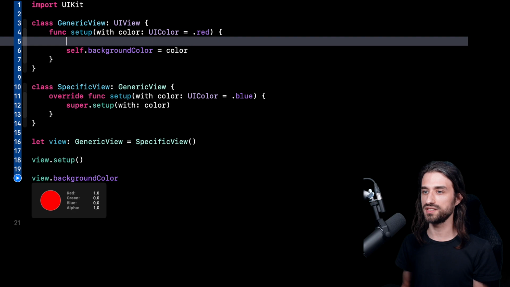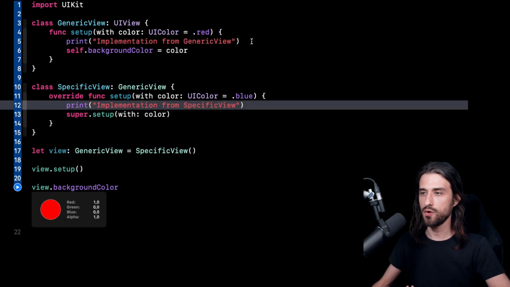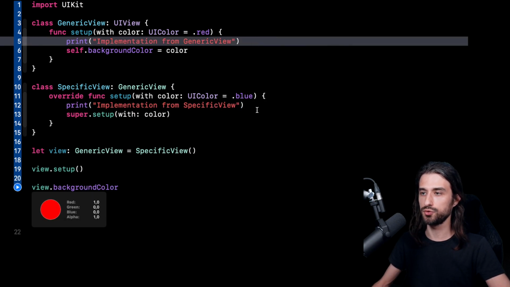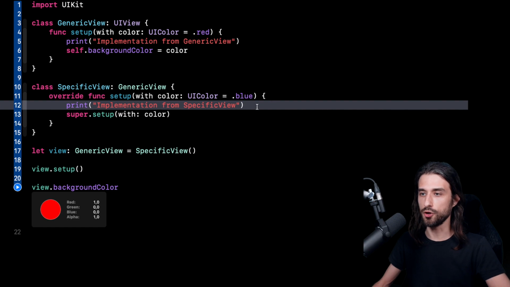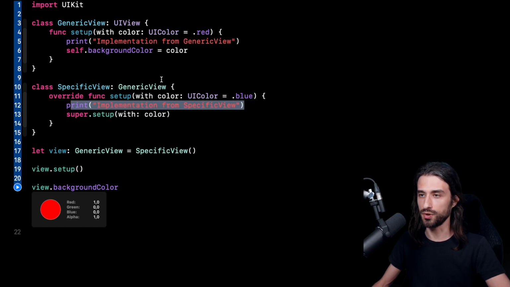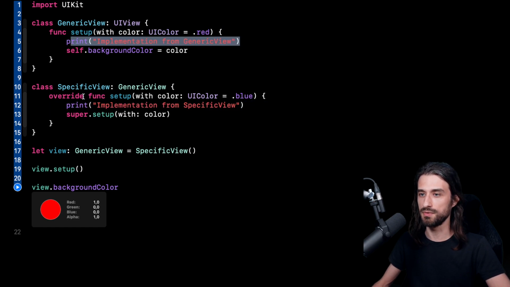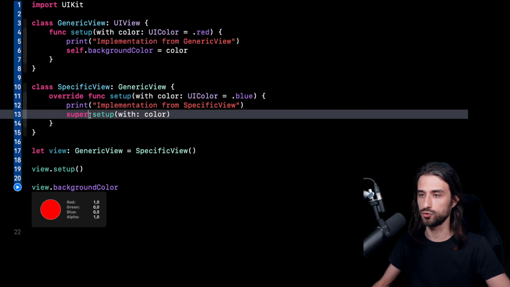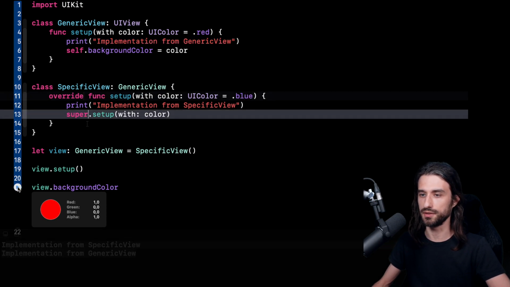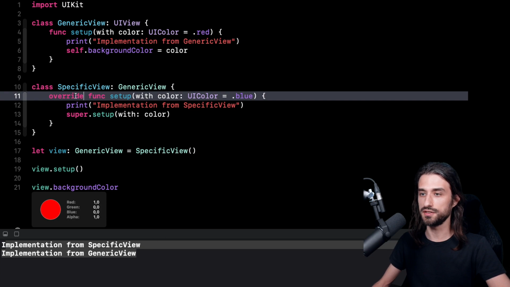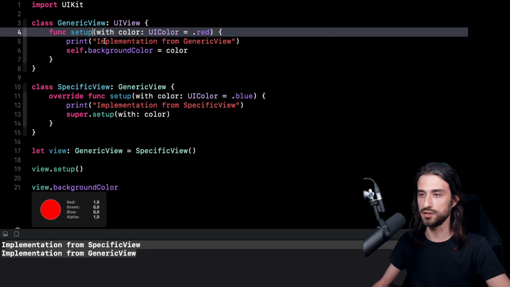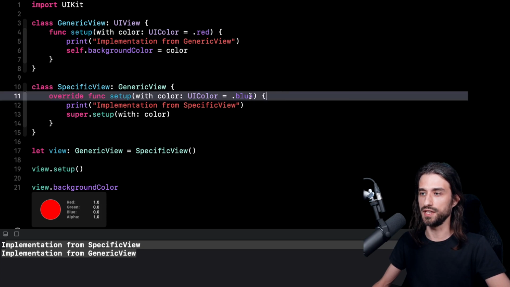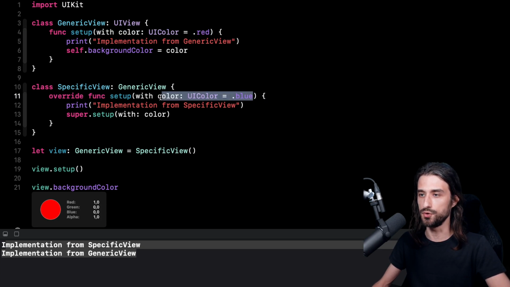So what I'm going to do is add some print statements in order to be absolutely sure which method has been called. So as you can see, now I will have some traces in the console to know which method was called. And normally I would expect this to print and then this, because this method is going to be called and it will call its super implementation. So let's see what's happening. As you can see in the console, indeed, the overridden method is being called first, and then the super implementation is also being called. So this is extremely weird because it doesn't make any sense that we don't have blue as our color.